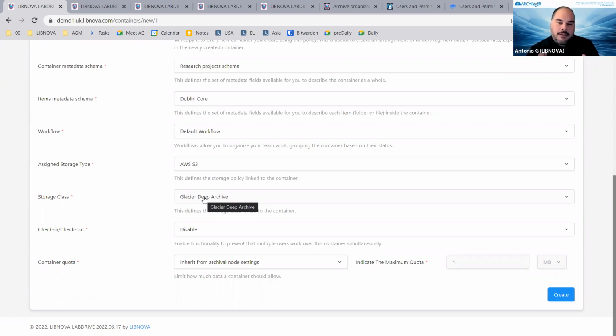All these things happen without the user noticing, right? So you upload and you forget about it, and the platform is taking care of it. The check-in and check-out